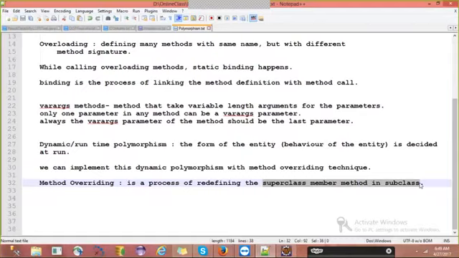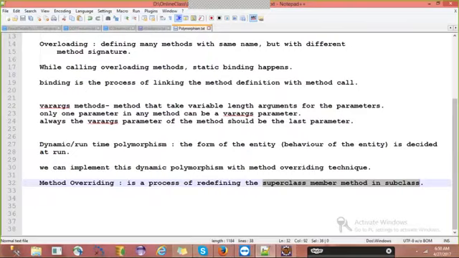We are redefining the same method exactly whatever is presented in the superclass, changing the definition in the subclass. In the superclass, the method would have some definition, but the same method will be redefined again in the subclass.